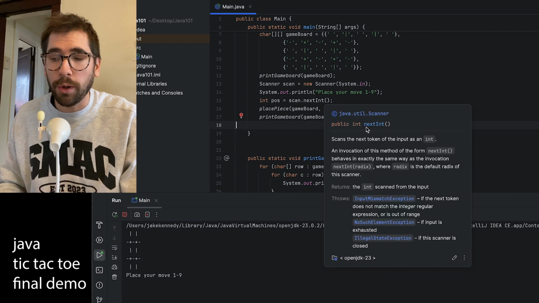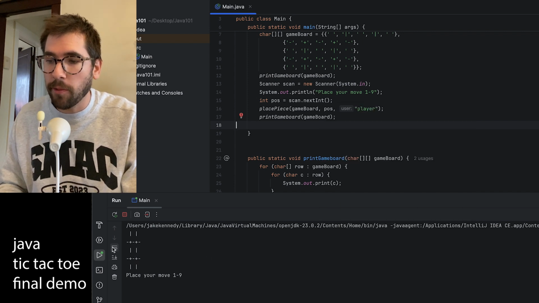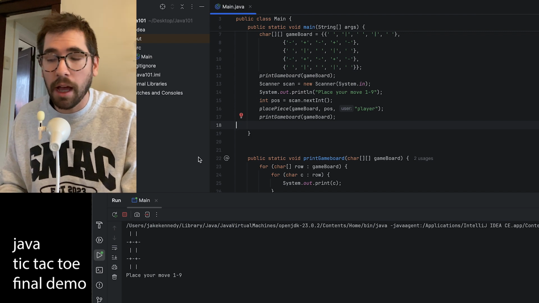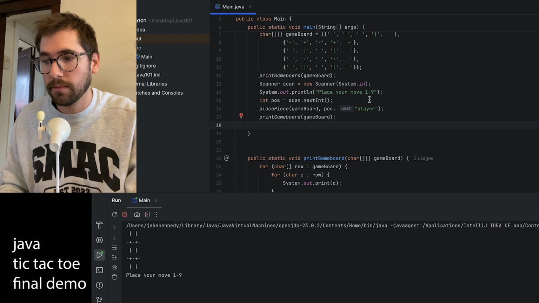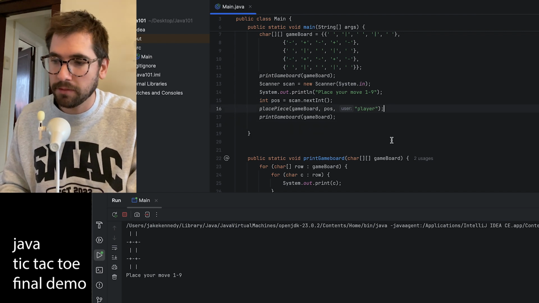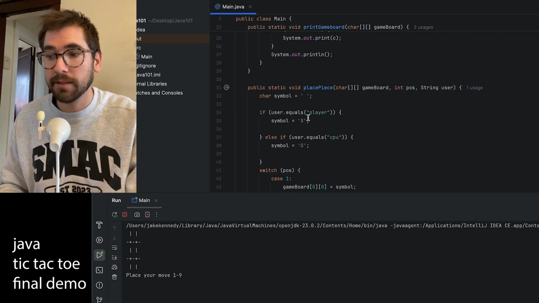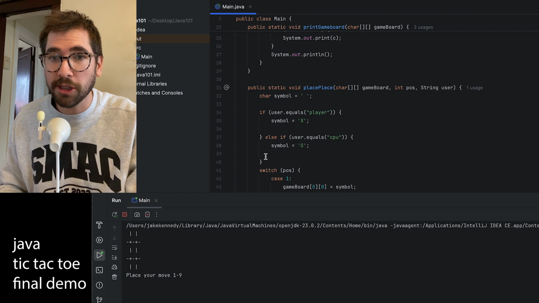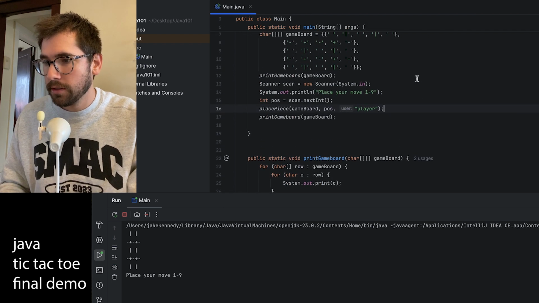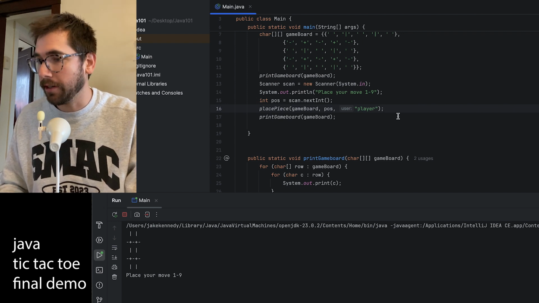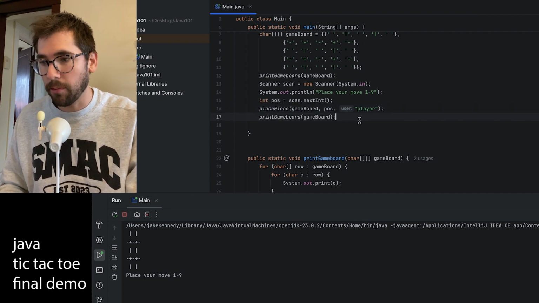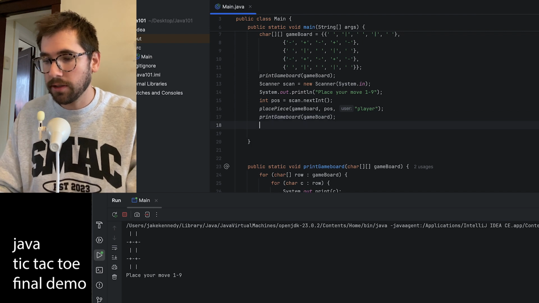Okay, so we have our tic-tac-toe board, and you can place something, but now we need the computer to place their thing. Player will be X. You can see the code down here. Player is X. CPU equals O. So what we're going to do is, after we place the piece for the player and print the game board, we're then going to add